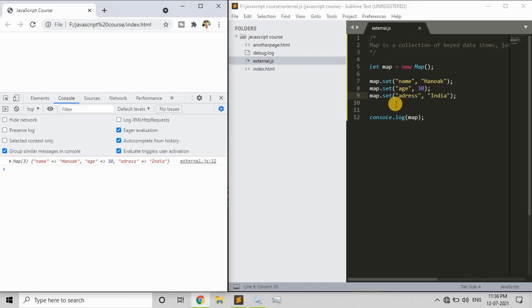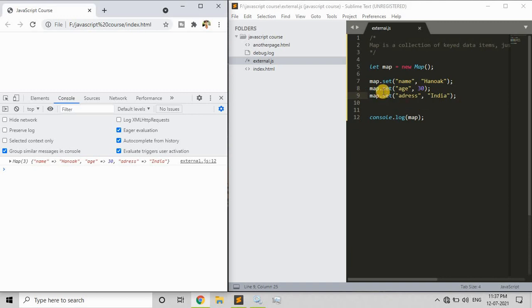Now, writing all of those three things in three separate lines makes it kind of ugly, and you need to repeat this again and again.